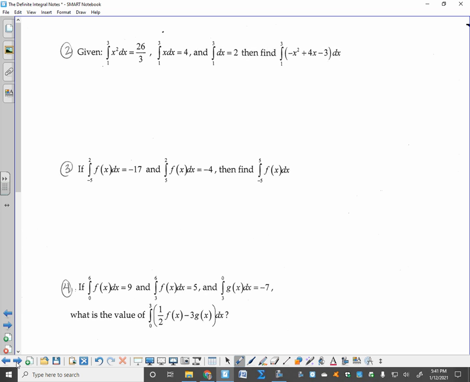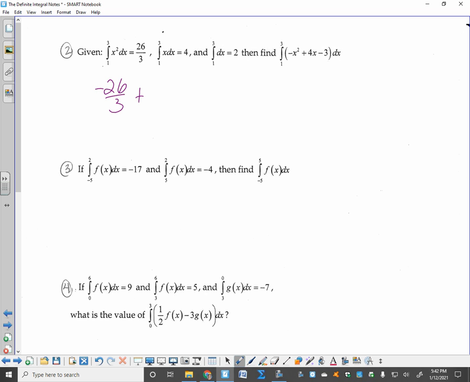Given the integral from 1 to 3 of x squared, and the integral from 1 to 3 of a dx, so that's a constant, is 2, then find the integral from 1 to 3 of a negative x squared, so negative 26 over 3,